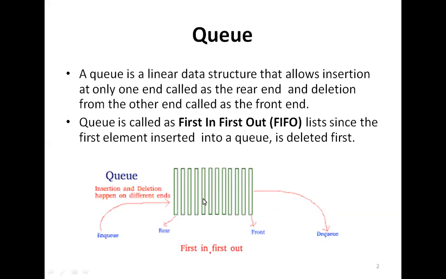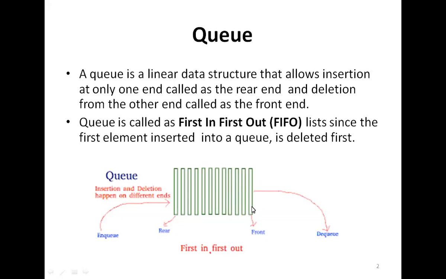And this data structure is also known as first in first out type of data structure, because the element which is inserted first here, that is deleted first. You can see here this data item is inserted first, then this is inserted, then this is inserted, like this. So this is the last data item inserted, and rear is pointing to this now, and front is pointing to this now, the first element.